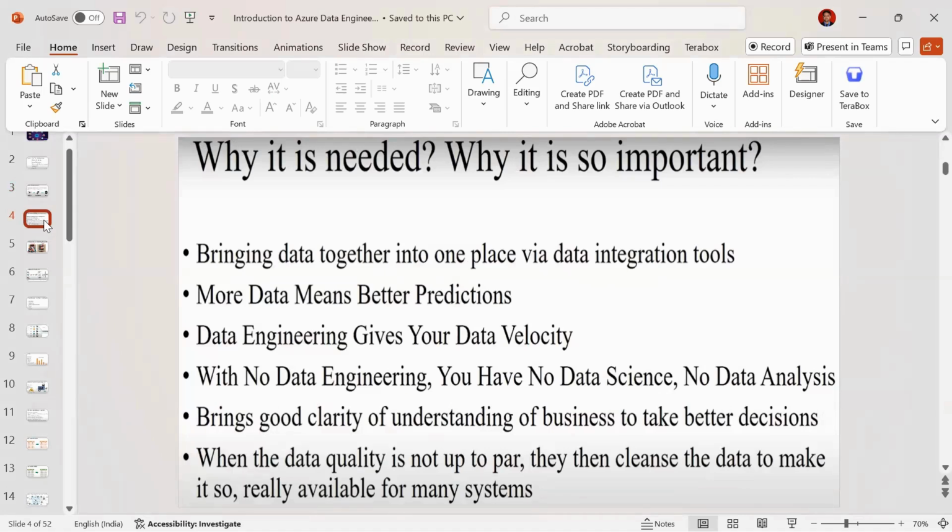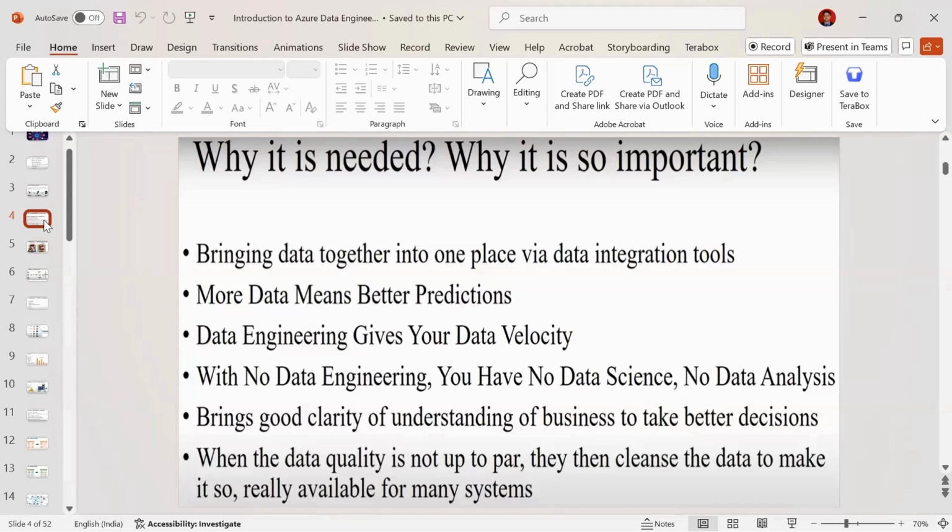To analyze a company's business, we need different sources of data, right? Nowadays, only structured data is not sufficient. You need to bring all this data into one single place and integrate it. Why? Because we have more data, not only structured. If I have unstructured data, I can even manage it, and as I mentioned, I can build a recommendation engine, correct, so that I can understand my customer's interest. So I can increase my business revenue as well.